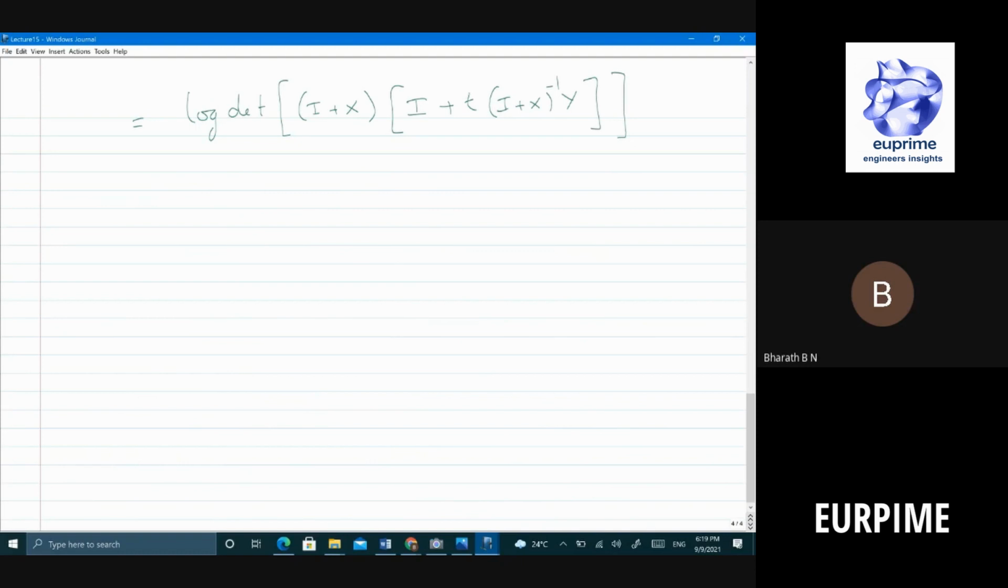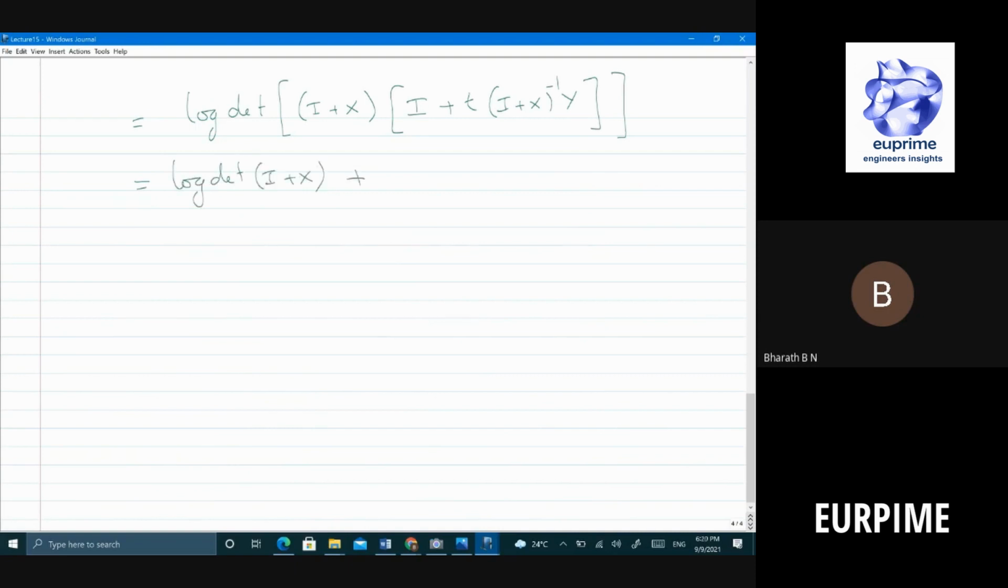What is the determinant of A times B? The determinant of a product of matrices is the product of determinants, right? The determinant of AB is the determinant of A times the determinant of B. So I can use that, but I have a log outside. So the log of a product is the sum of logs, right? So I'll have this